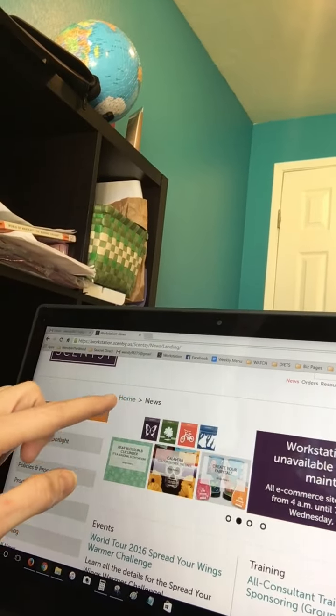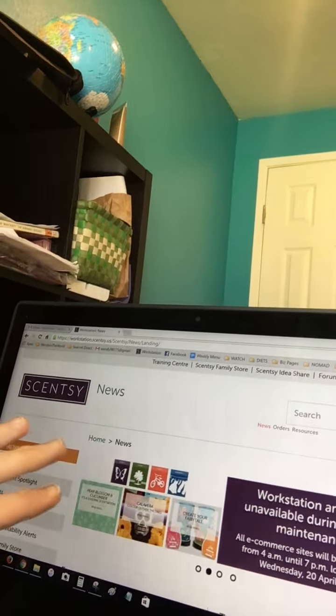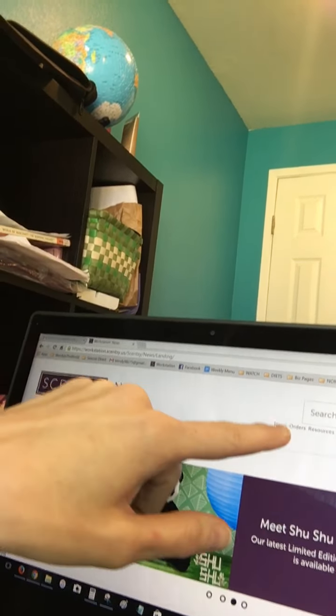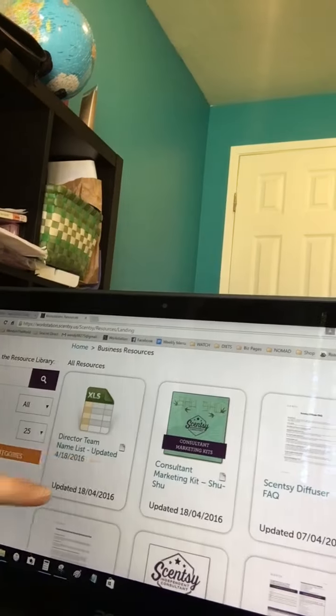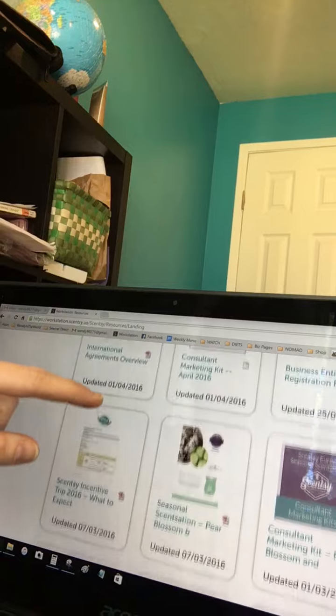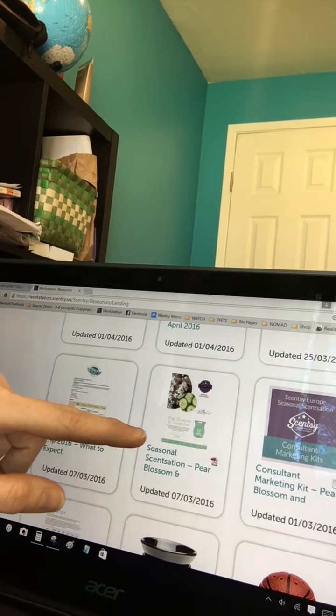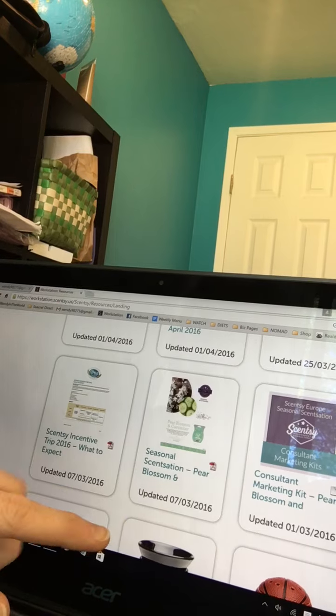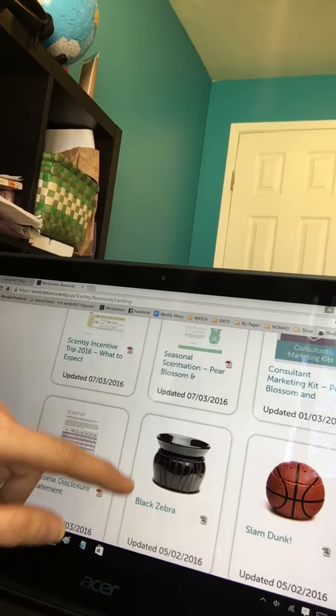Now, see how it has only home and news? You can't look at any other information. You can only look at news and resources. So let's say I'm on the resources. Their information is different than ours. So they have different warmers and scents. They have a lot of different products than we do. All of their products are